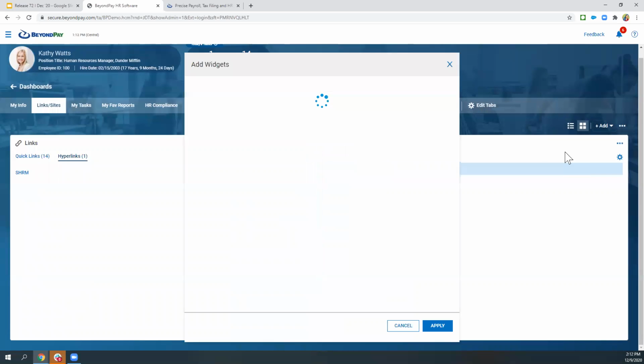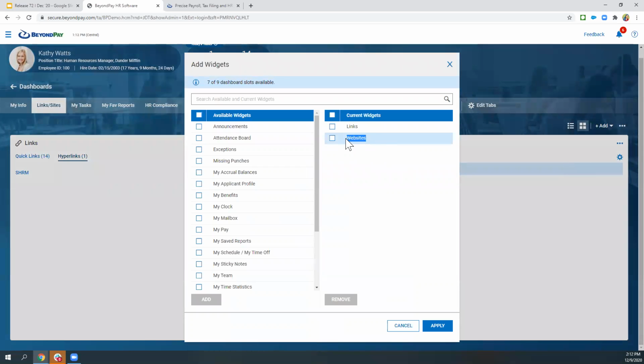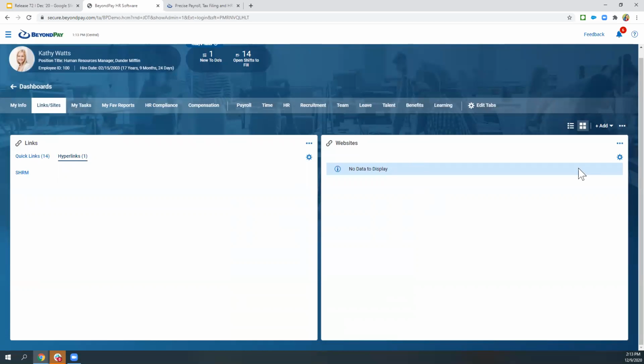And I'm going to go to Widgets, and it's just simply called Websites. Okay, but it's really a cool tool. And we used to have this available with the old UI, and it was removed. But now that we have the new UI, it was added back. Okay, and the way you set these up,